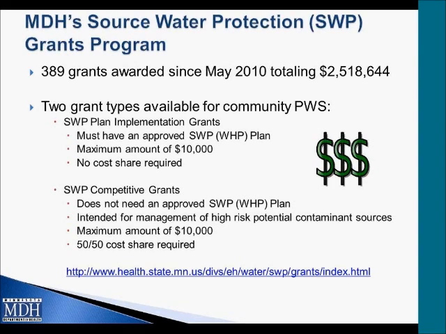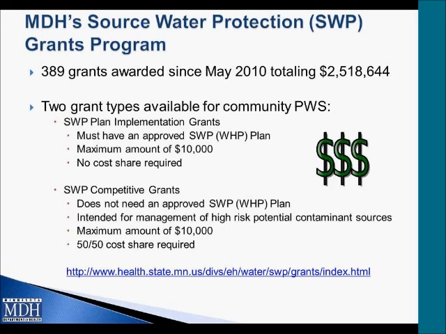The maximum amount of the grants is $10,000, but no cost share is required. So that's a pretty sweet deal for public water supply systems. These, of course, need to be source water protection activities, and we are looking for that basic criteria be met